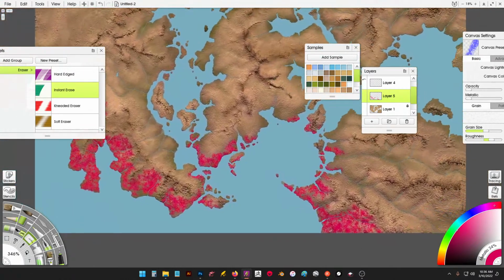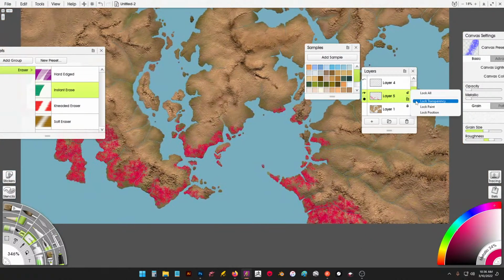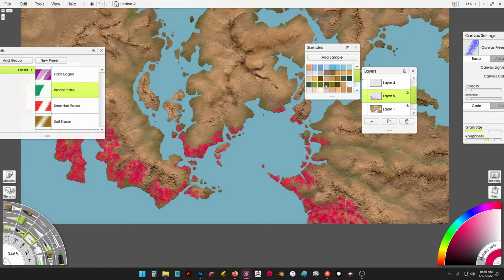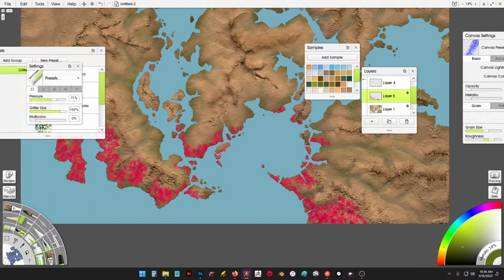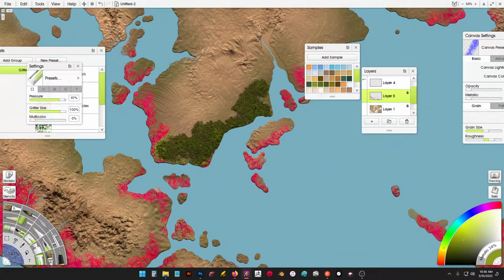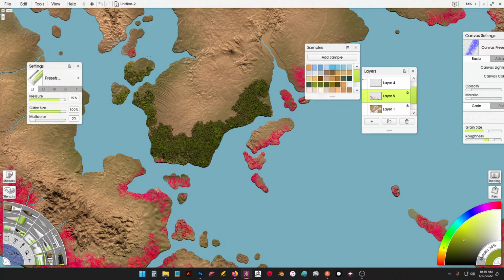Here comes the magic, folks. We're going to right click on this layer, set the blend mode to add. We're going to find a nice, beautiful green. Let's go with this guy. We're going to go to the arts and crafts brush, turn the pressure up, and we've locked. Let's go with something a little lighter there. A little lighter. That works. We're going to come down and lo and behold, there it is. We just add